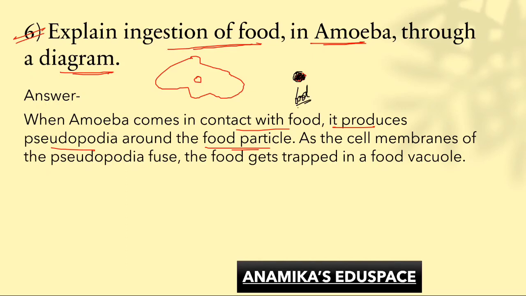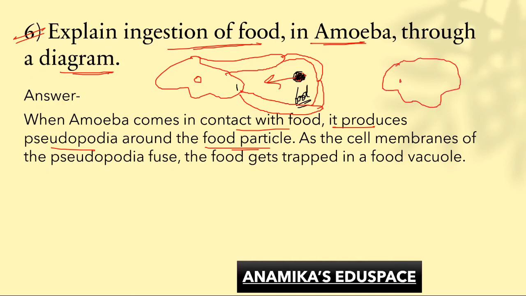Now as it is the food particle, so what does the amoeba do? The amoeba protrudes its legs, its body, and then the amoeba encircles the food and takes the food inside this cell of the amoeba, because amoeba is one cell. Now again this is the amoeba and the food is here, somewhere here. The amoeba has already taken the food after this process, and these are the false feet of amoeba. Okay, these are the false feet.